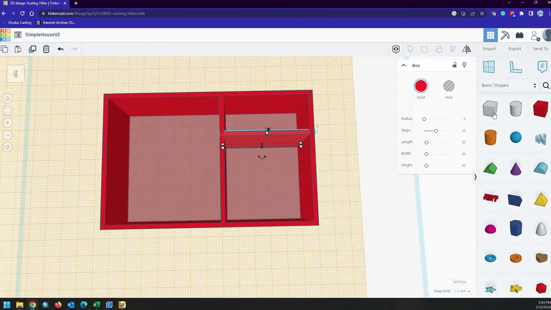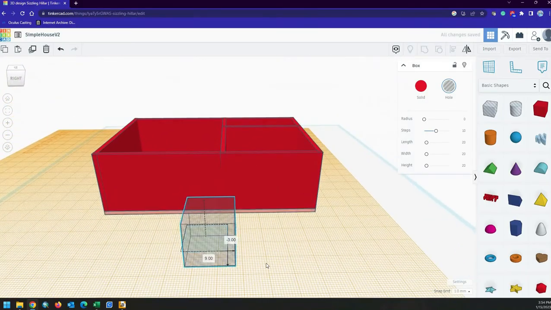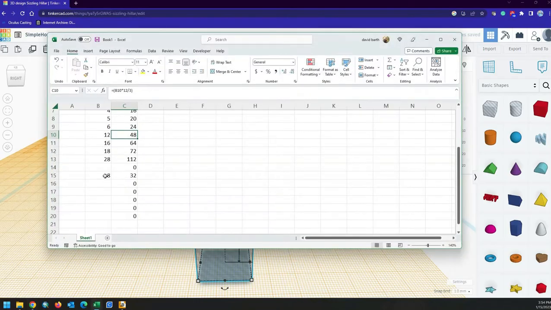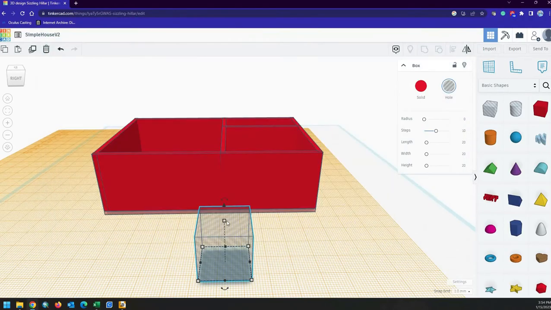Now we need a door in these, so we're going to bring another cube in, and doors are normally, call them 6/8, so if we come back to our Excel thing, 8's 75% of a foot, so we're going to go 6.75, so that's 27 millimeters, so we'll make the height 27,